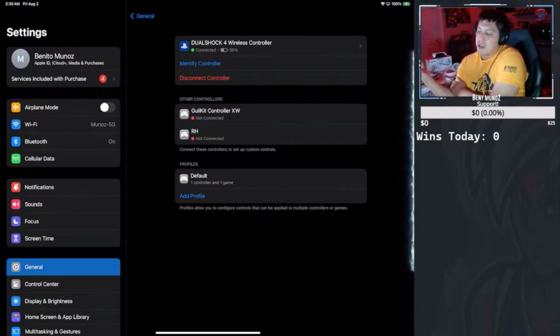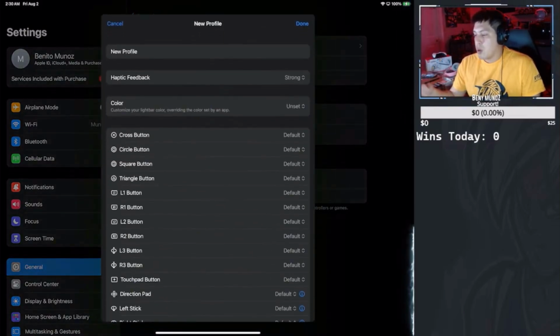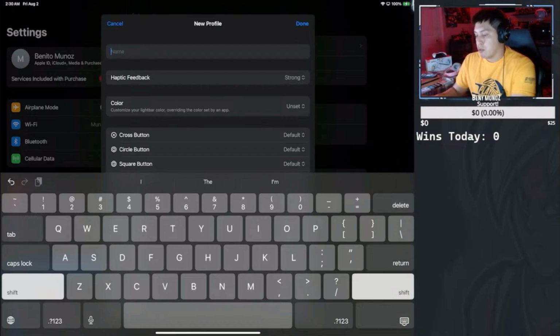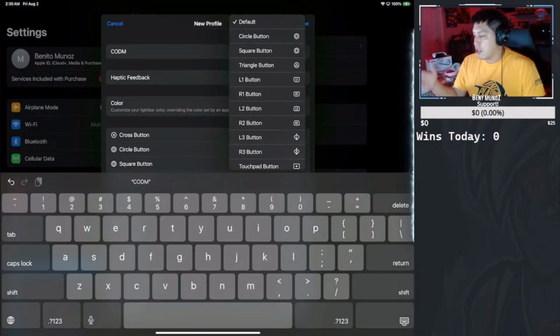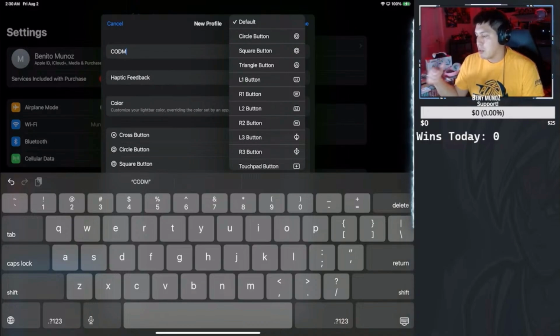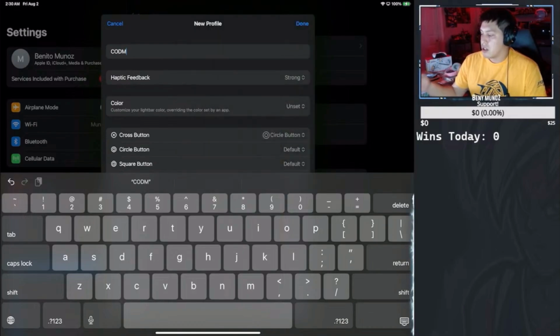And basically what you want to do is go to Add Profile, and for example, this can be COD Mobile. You can just change the name to CODM. And I'm just going to show one button, but let's say I want to change my default of the X button, which is typically jump, to O. I just put circle there,